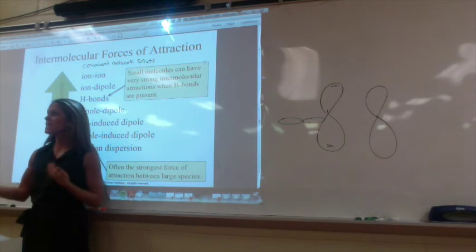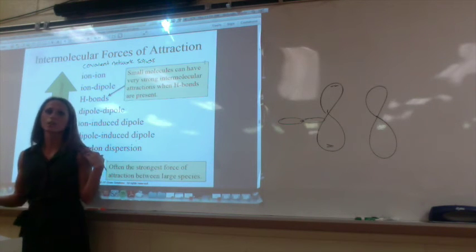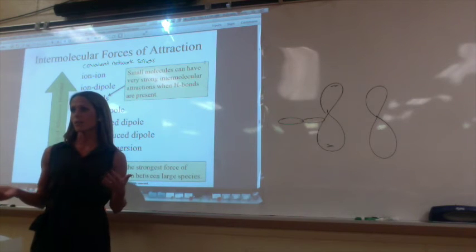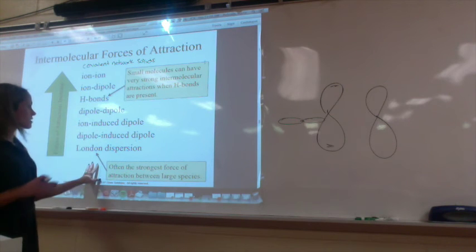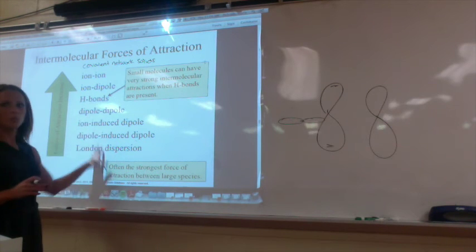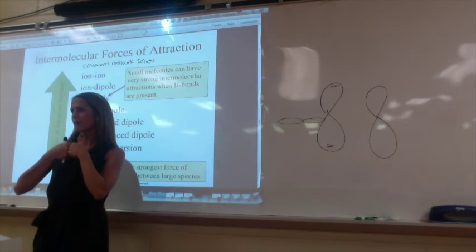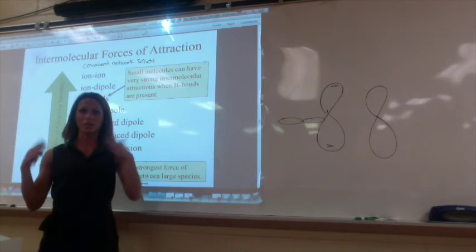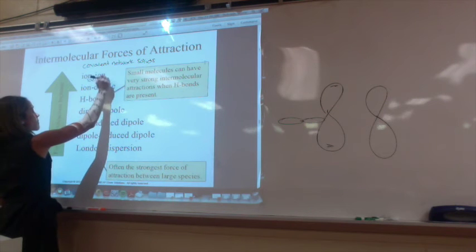So if I give you NaCl or Mg(OH)2 or anything, iron chloride, iron trichloride, you have to first ask yourself, is this an ionic compound or is it a covalent compound? And if it's ionic, it's going to be stronger than any of these other forces because these are intermolecular forces, where ion-ion is electrostatic between a cation and an anion, right? That already has positive and negative. You don't have to induce a positive or negative. It already does. So ion-ion is for ionic compounds.